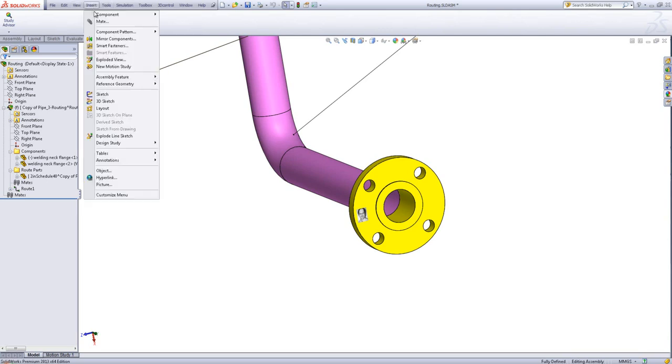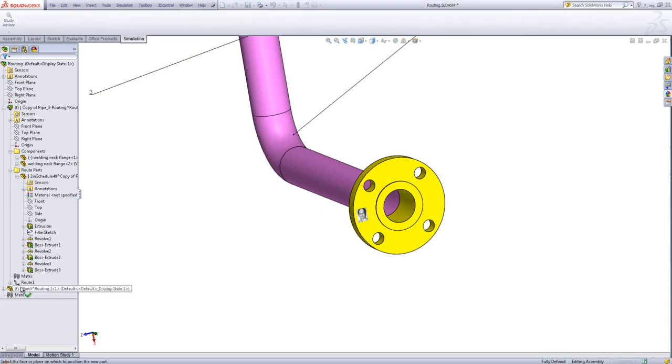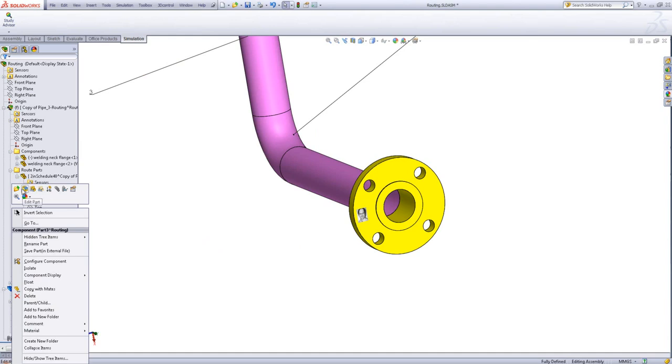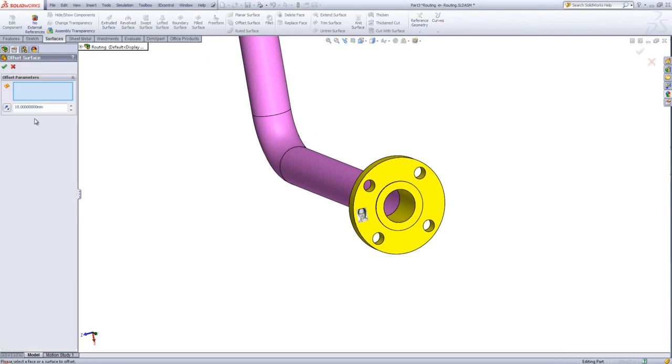First of all, creating a new part. Okay. And I'm going to edit that part and switch to my surfaces toolbar. There he is. And what I'm going to do is use the offset surface command